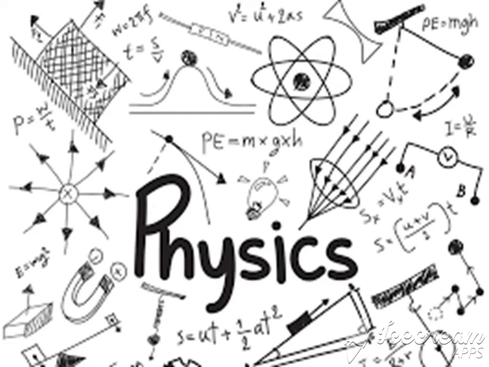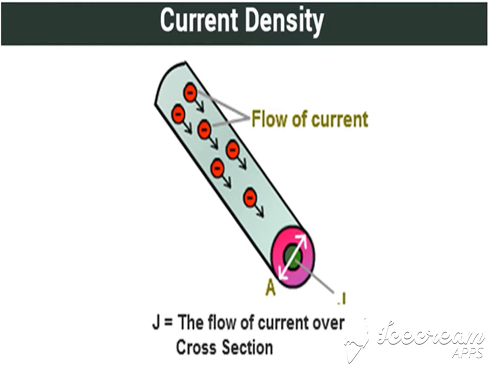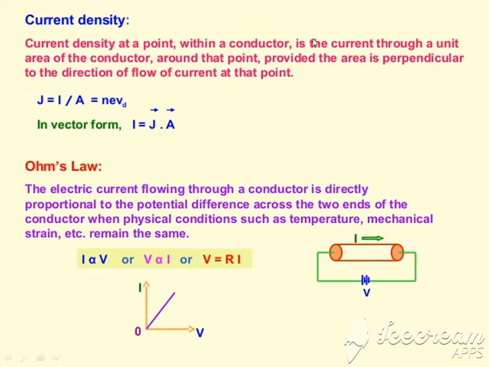So after covering the relation between current and drift velocity, the next topic is current density. Now, current density is the flow of electrons going through a unit cross-section area. That would define density of current, or current density. So current density at a point within a conductor is the current through a unit area of the conductor. It is denoted by the symbol J, and the formula or mathematical form is I divided by A, current flowing through